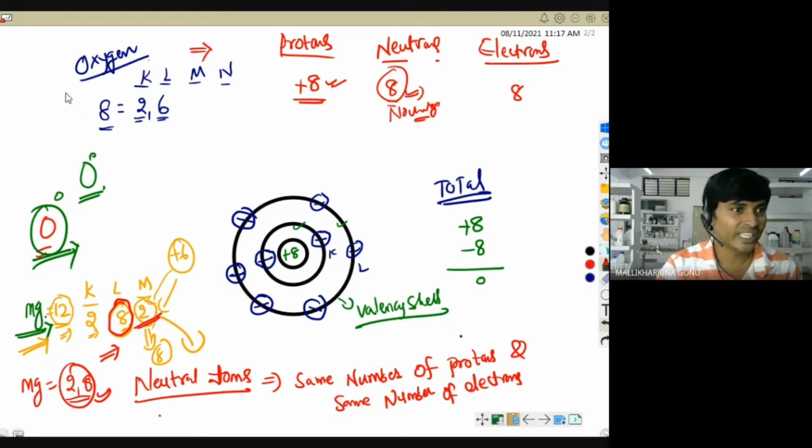So in the oxygen case, what have we seen? Oxygen required 2 electrons to complete the octet, right? So it can take them from magnesium if they come together. Oxygen wants 2 electrons, magnesium wants to lose 2 electrons. So that's how this will work now. Magnesium will lose these 2 electrons. Those 2 electrons will come to the outermost shell here. These are coming from the magnesium. Now all of you calculate what is the charge on this oxygen.